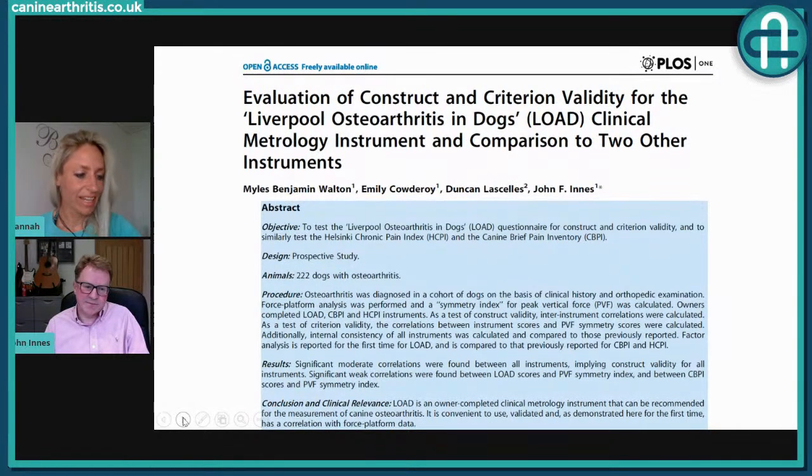It's free to access. Yeah, and I've got a couple of things. I read this one today, and there was a sentence that I just grabbed: "For a disease of such importance." I love that. I just had to put that in there. And this other one: "Assessment of function and pain in chronic disease such as OA is challenging because the disease changes slowly and individual interventions may have only small effects." I just think of the amount of times that I was looking at my own dog, trying to decipher, were we doing well? Were we doing badly? You can get really lost in it. And these tools can really help you out, clarify what you're seeing and improve that communication with your vet.